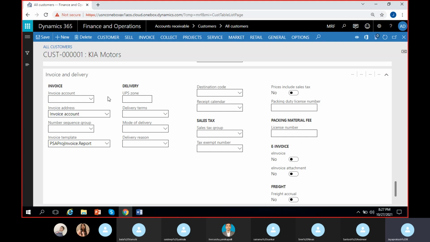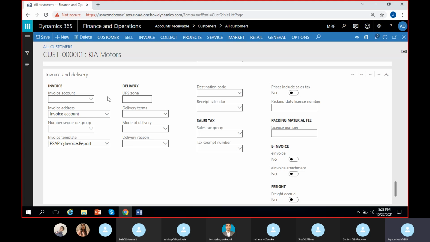This invoice account is nothing but the parent and child relationship between your customers. Suppose you have three accounts of the same customer in your customers list. One will be the main customer to which you normally send the invoices. You will deliver the goods to the other two customers also, like Tata 1 and Tata 2 and Tata Group. So you will deliver goods to Tata 1 and Tata 2, but invoices you will send directly to Tata